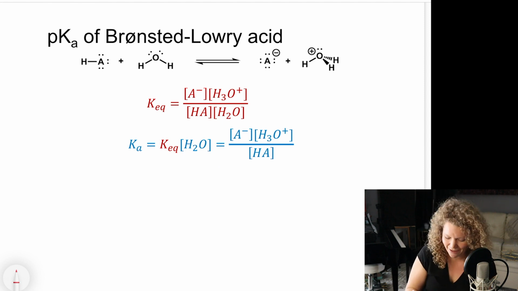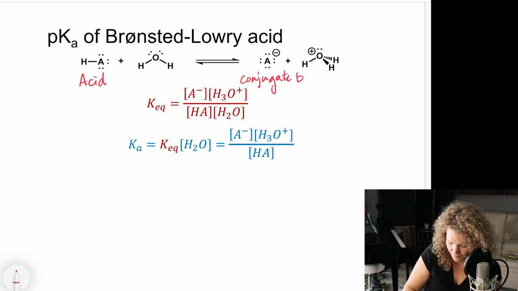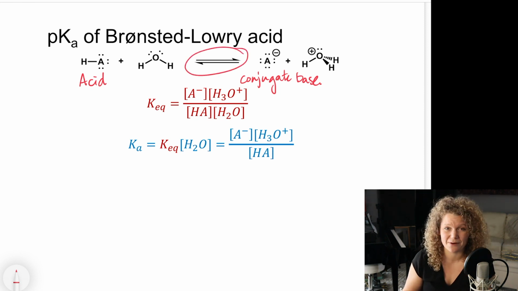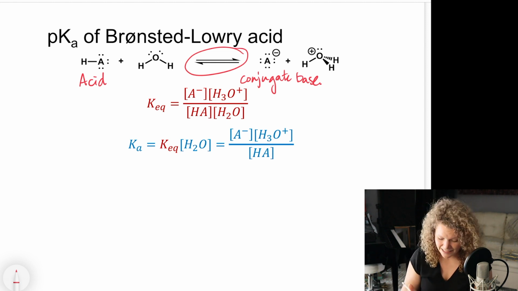So when I have HA, like I have drawn here, this is our acid. And when it loses its proton, this A- would be labeled as a conjugate base. I have an equilibrium arrow here. Now remember, these equilibrium arrows mean that all of these species can be present at the same time. Now the Keq is helping us understand